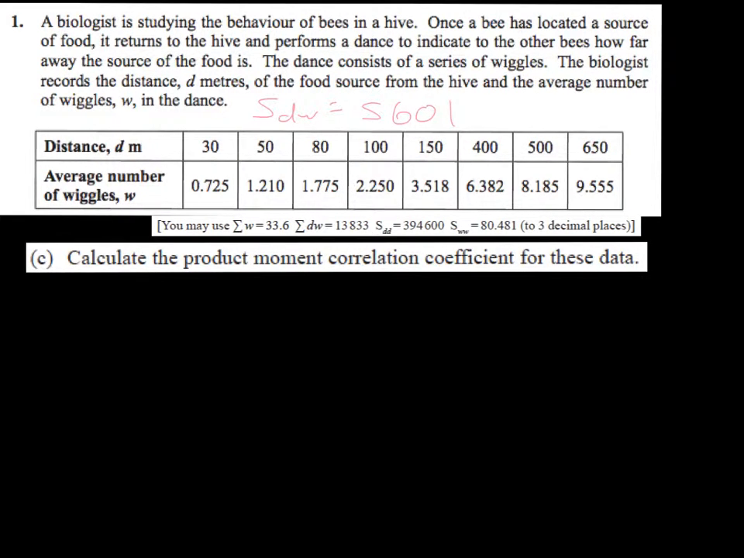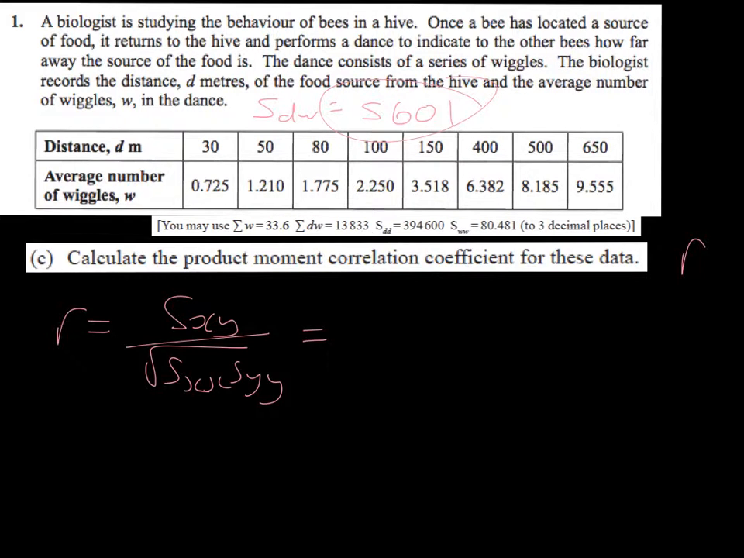Part C is to find the product moment correlation coefficient, otherwise known as R, which is trying to assess the strength of any relationship between these two variables. And the formula for that, as you'll see from the formula book, there are quite a few, but the easiest one to use in this instance is the covariance Sxy over root Sxx Syy. And you will recall from part A that we have already found the covariance up here. So this is just going to be